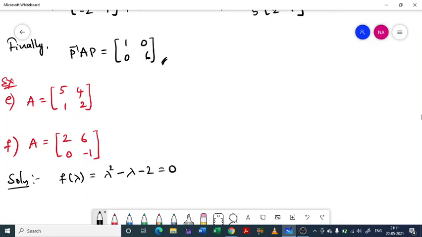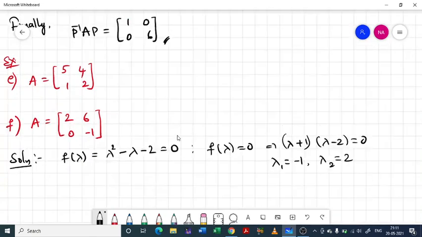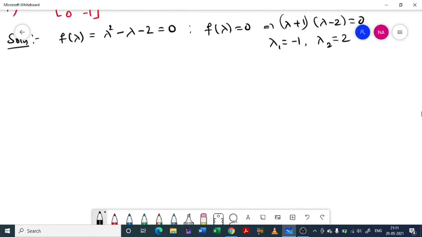Lambda squared minus lambda minus 2 equal to 0, and I can factorize this. f of lambda equal to 0 implies (lambda plus 1)(lambda minus 2) equal to 0. So lambda 1 is minus 1, lambda 2 is plus 2. So we got the eigenvalues. Now to find eigenvectors,